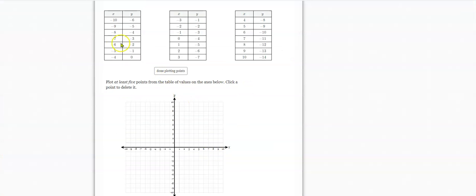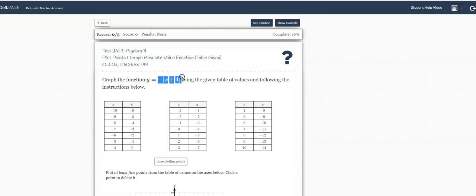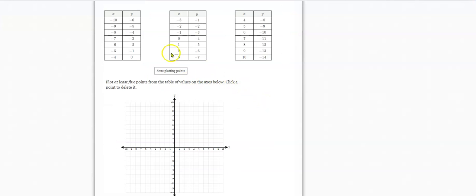Now you're going to do the same thing. You're going to plot the points that fit on the grid, and remember the shape of an absolute value graph. So it looks like I can fit this first point here. Negative 10, negative 6, negative 9, negative 5, negative 8, negative 4, and